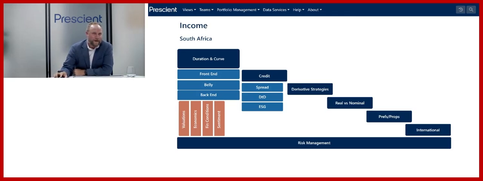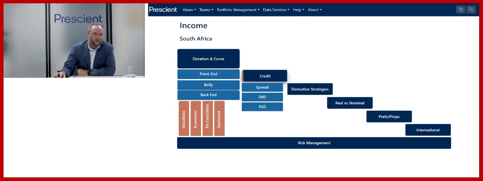Phil took us through certainly the duration and curve side. So on the income side of things, when looking at multi-asset income, we don't have a term nor a duration limit from a regulatory perspective. So we can play the whole universe. And that's very important to understand, because we can go very, very front end money market, but also we can go back out to the back end of the bond curve, to a bond that matures in 2053. And that's all part of the toolkit. So how you construct a portfolio using all these different tools with all the different risk levers is quite important. And I'm going to show you how we do that, certainly on the Prescient side of things, closer to the end of my 10 minutes.